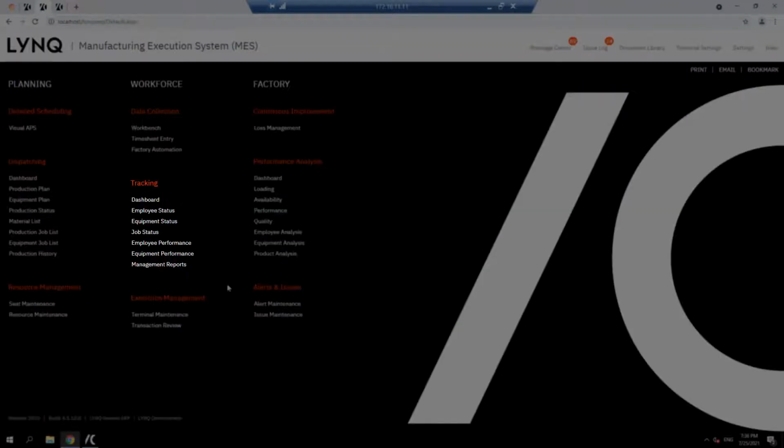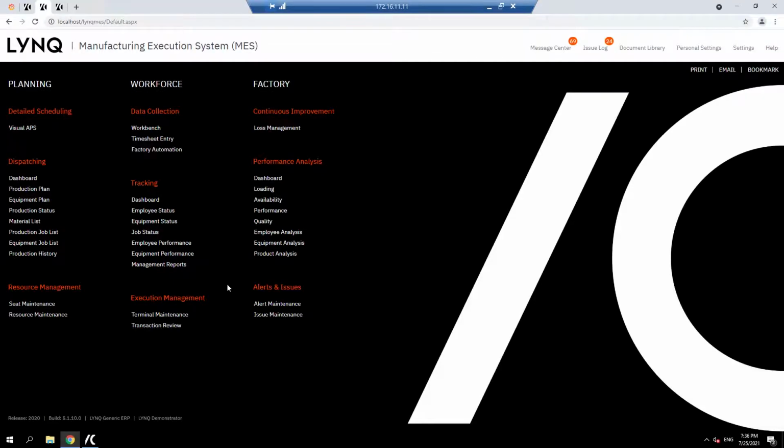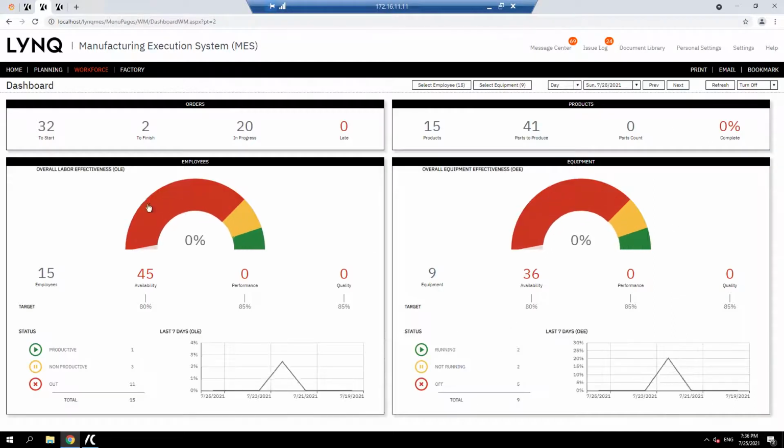A production supervisor may want to look at what their resources are doing so they can track employees, machines, and jobs. So let's do that. We're going straight to the tracking dashboard, and right at the very top of the screen you can see the orders and the products. Over to the left you're seeing the overall labor effectiveness, and over to the right your overall equipment effectiveness. And we're going to click into employee status tracking,